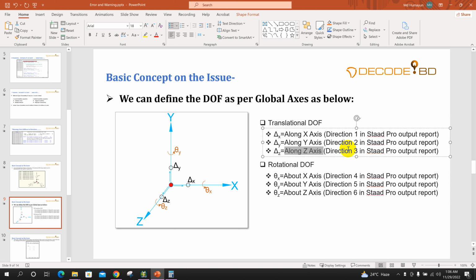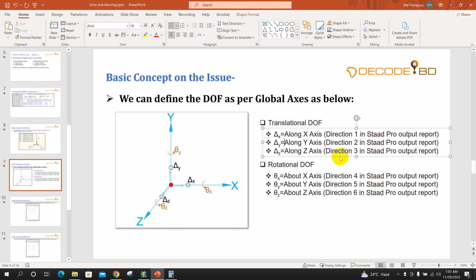If we see direction 3 in the warning message, then we can understand the zero stiffness has occurred along the z-axis for translational degree of freedom. Now for rotational degrees of freedom, about x-axis the direction is 4, about y-axis direction is 5,